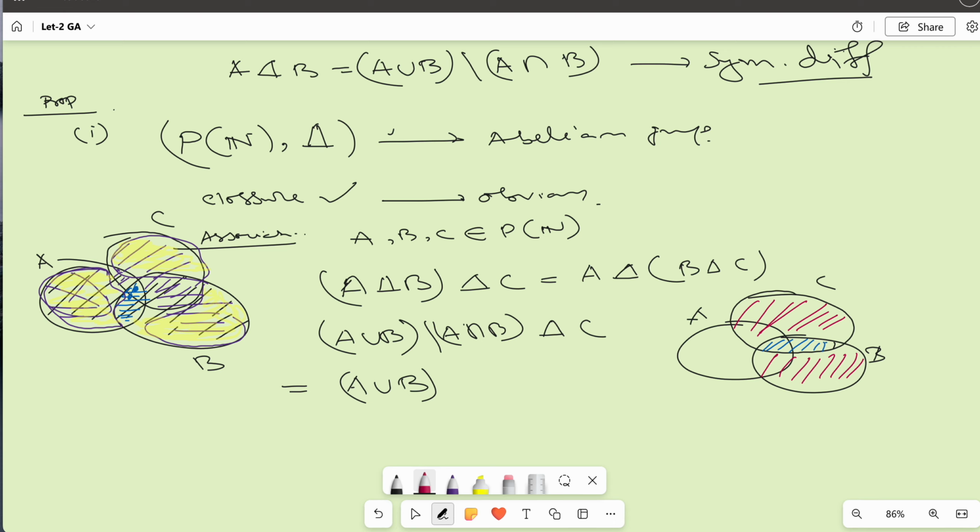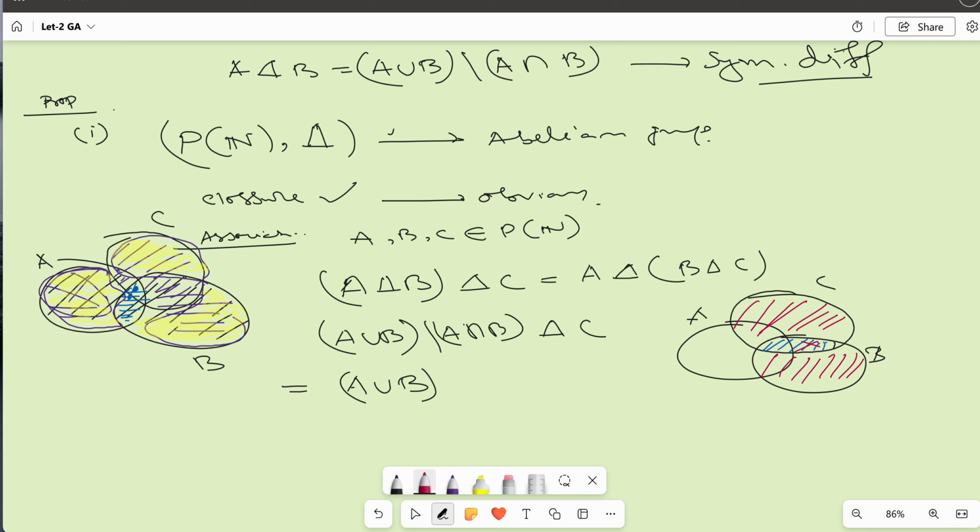The red portion. Then B union C minus B intersection C. That means this has been removed. So this area has been taken care of, and after that what you have is